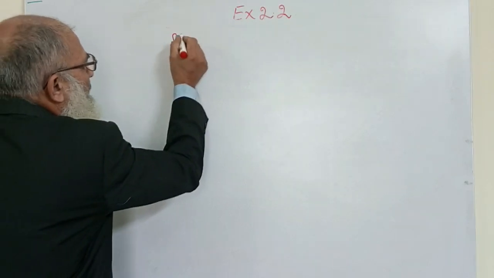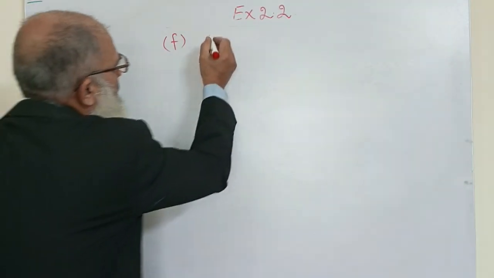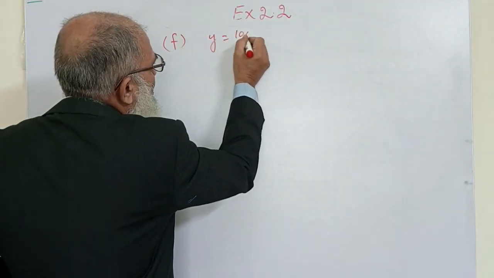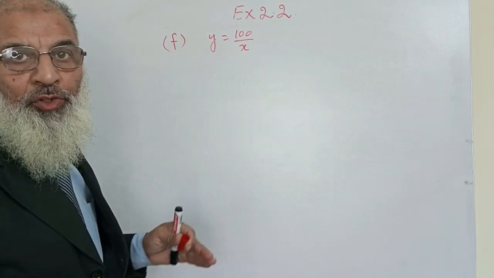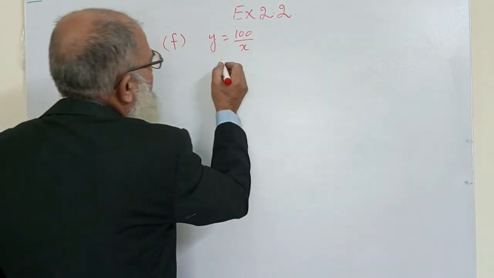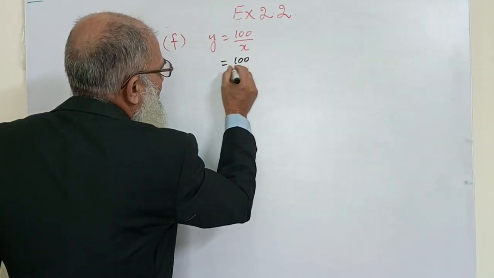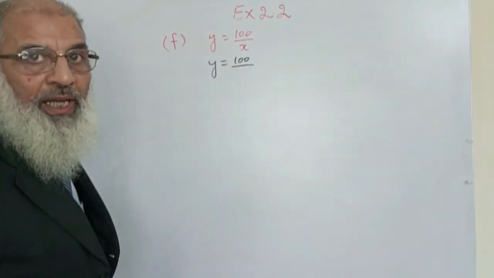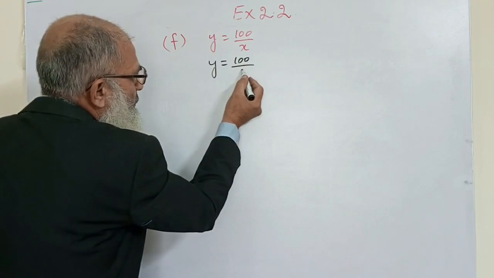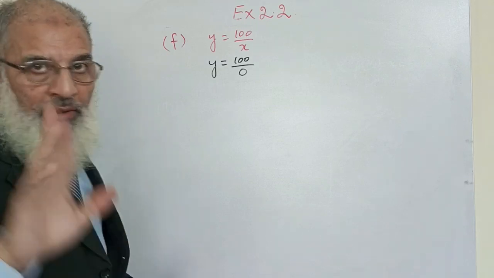Let me do part number F now. It is a little different part. Y is equal to 100 divided by x. Don't forget the values of x. So the first value of x is equal to 0. What will the value of y be? Now you have to divide 100 by 0, because the first value was 0. Now one thing,